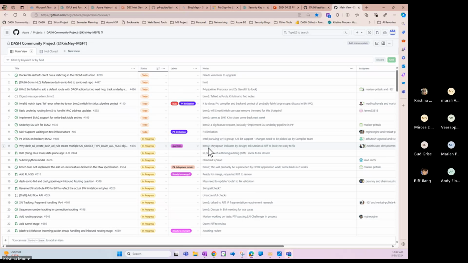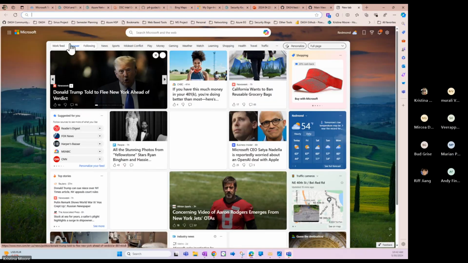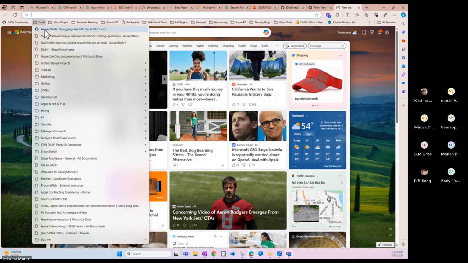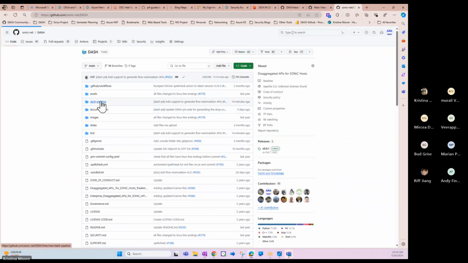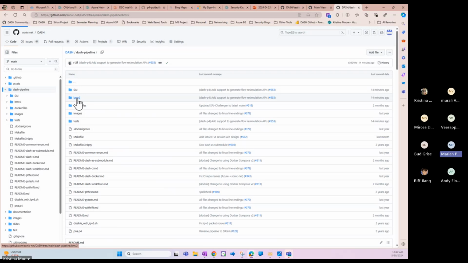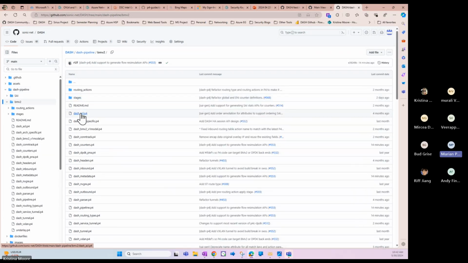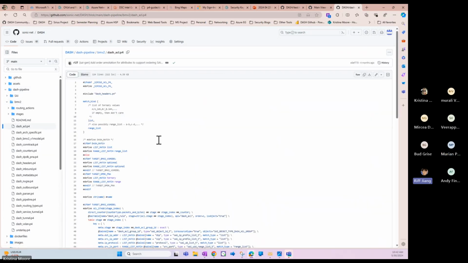Which table? What you want to change optional to LPM? Not really to LPM, but